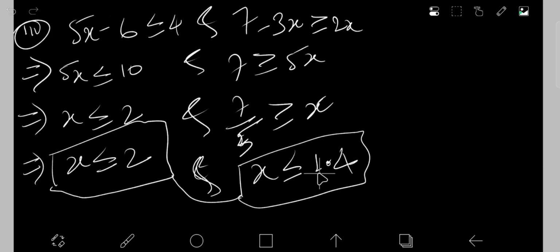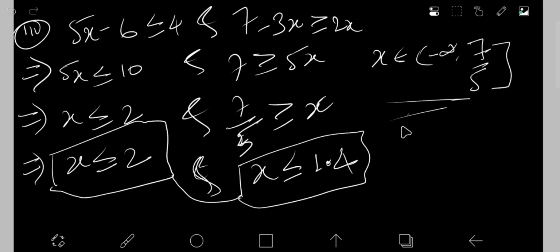So what value we get? This is 1.4 now. So we take this one, means the final solution we write: less than, means we take up to infinity, and the lesser value we take here, both sides are less than, so we take 1.4, or we also write 7/5. Here the equality sign is included, so we take a closed interval. This is our final answer. Okay.